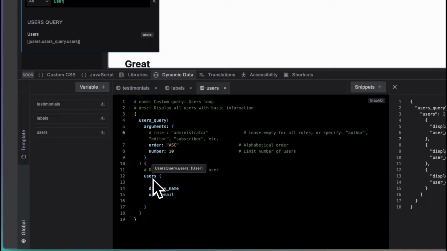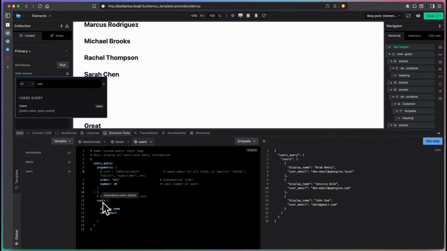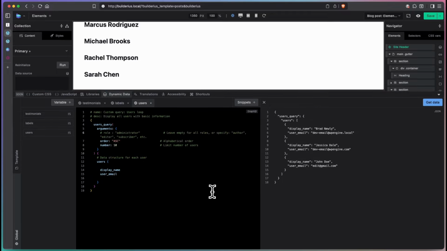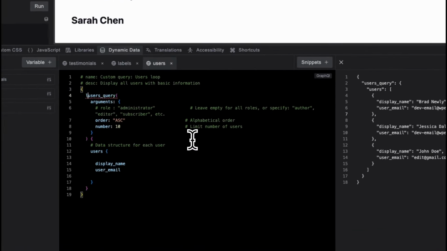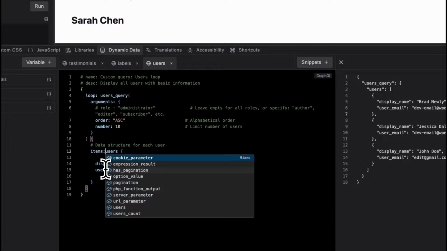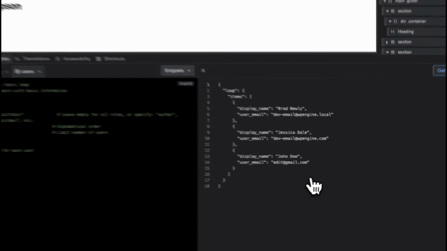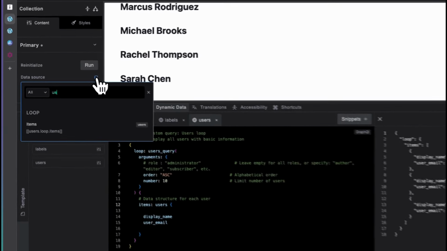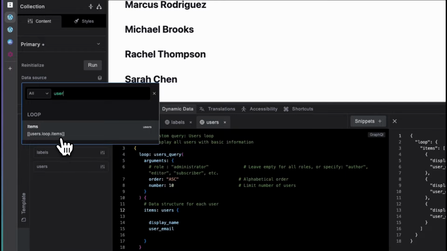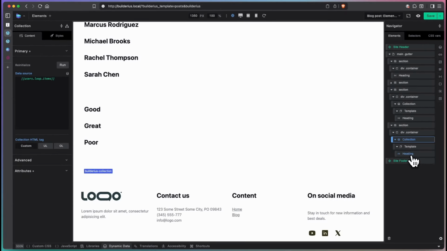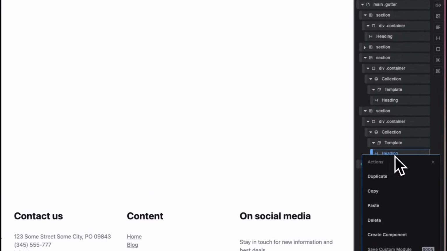And finally users. So let's make this a little better using a feature that you cannot know about until someone tells you, but here I am telling you. So instead of users query, I'm going to call this loop. Instead of users, I'm going to call it items. And let's refetch. So now it's loop items. And if I now come here and say user, now it says users loop items. Much nicer. Okay. So I'm going to close this and I'm going to delete this